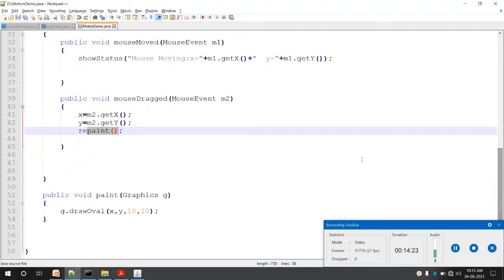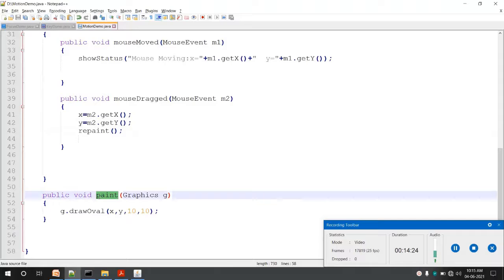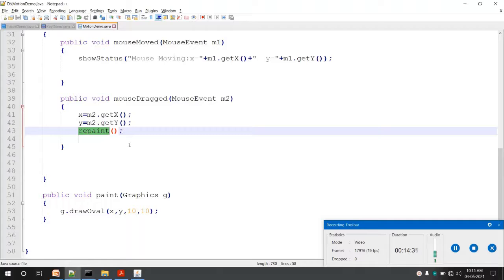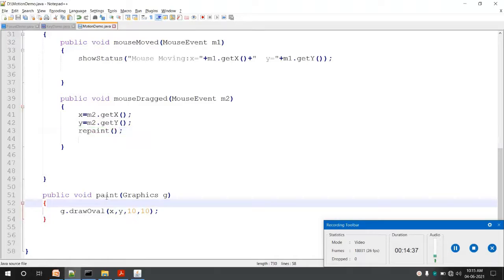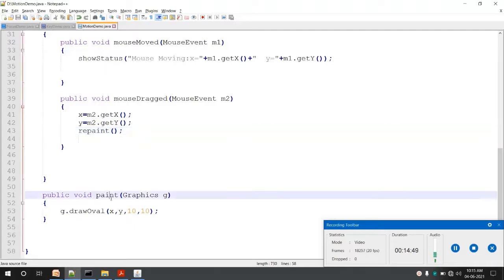What the repaint method does, it simply calls a paint method. Okay, but internally what happens, whenever you call a repaint, first it calls one more method called update, and from the update method it calls a paint method. But the problem with the update method is that whenever an update method is called, the complete screen is cleaned first. Whatever is displayed on the screen is cleaned and then it will call the paint method.